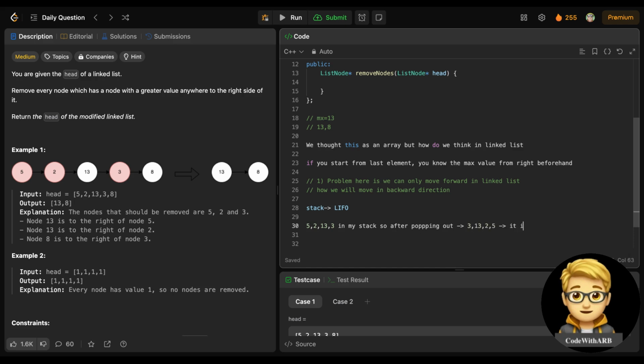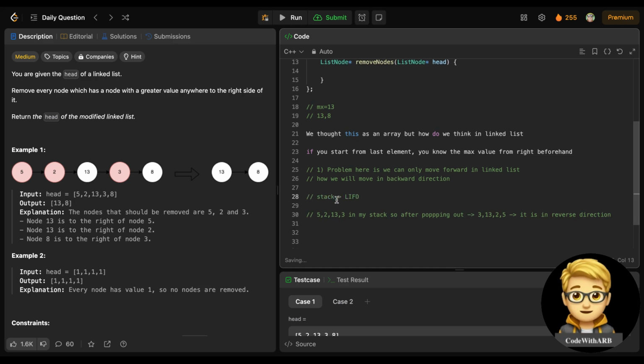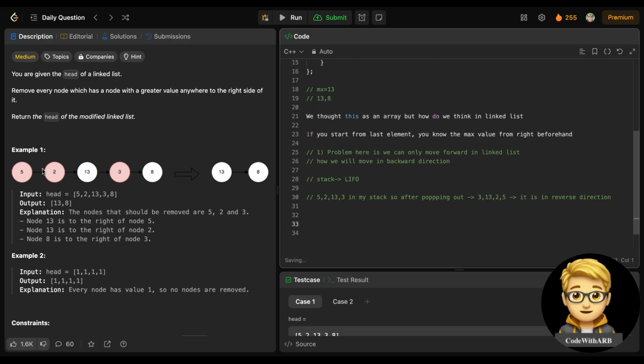It is in reverse direction, right? Reverse direction. So can we use a stack here? So let's see, right? If I start from 5 and 2, it is just a simple stack based problem. If you have solved any previous stack problems, like valid parentheses and all, you